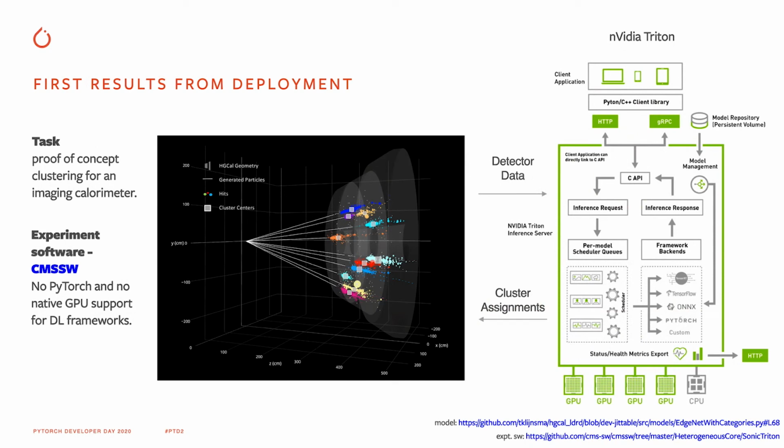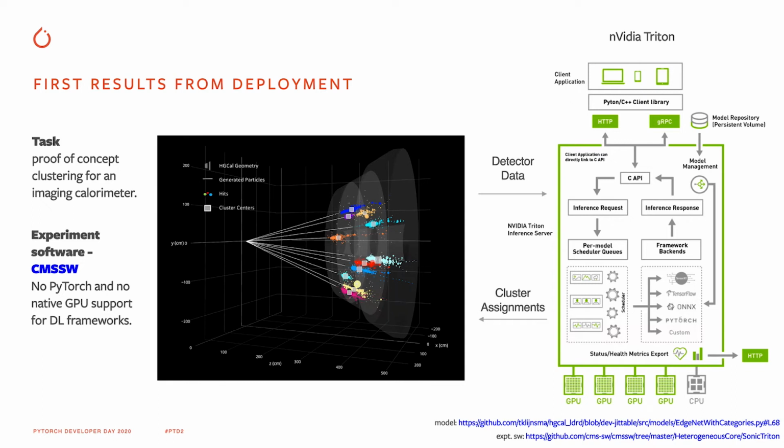So one example of this from high energy physics is imaging calorimetry. What you see here in the plot to the left are a whole bunch of energy deposits inside of effectively a giant 3D camera. Each one of these different colors is not known until we run our reconstruction algorithms on all of those input points.